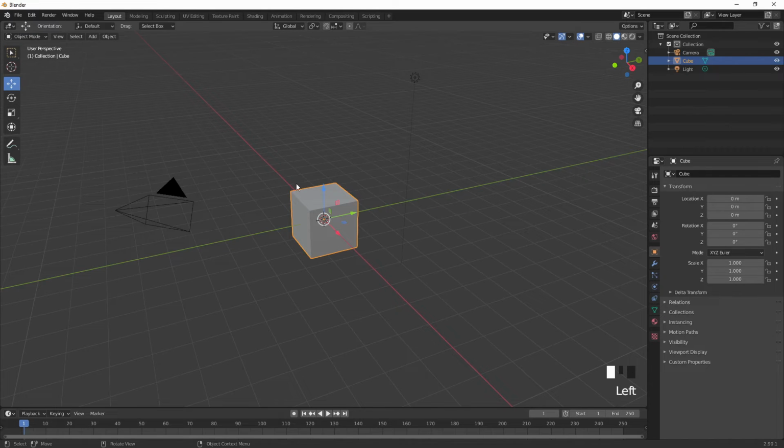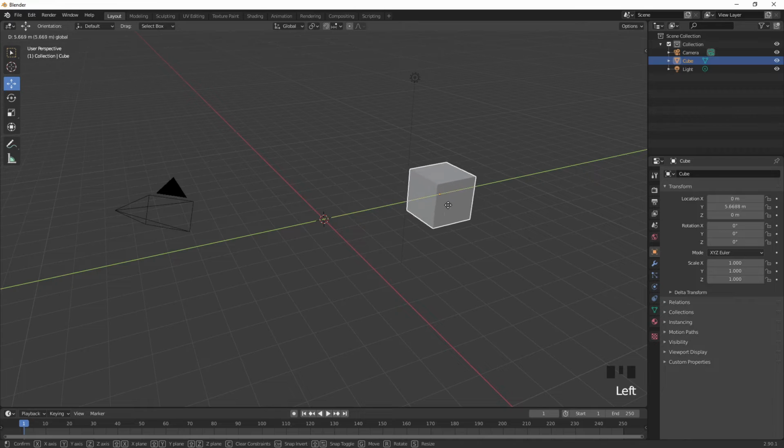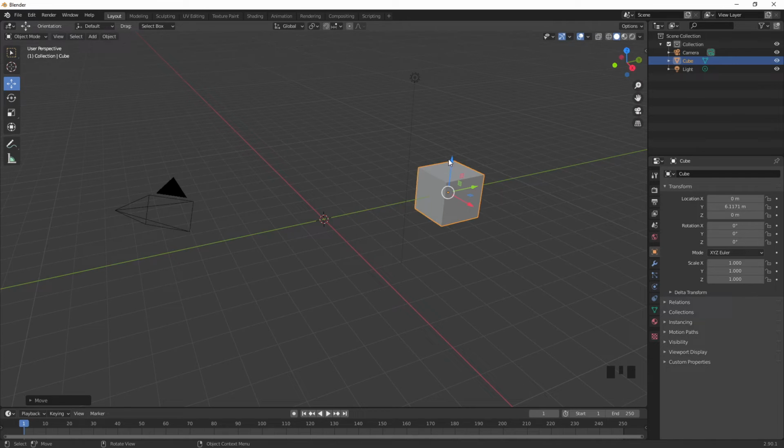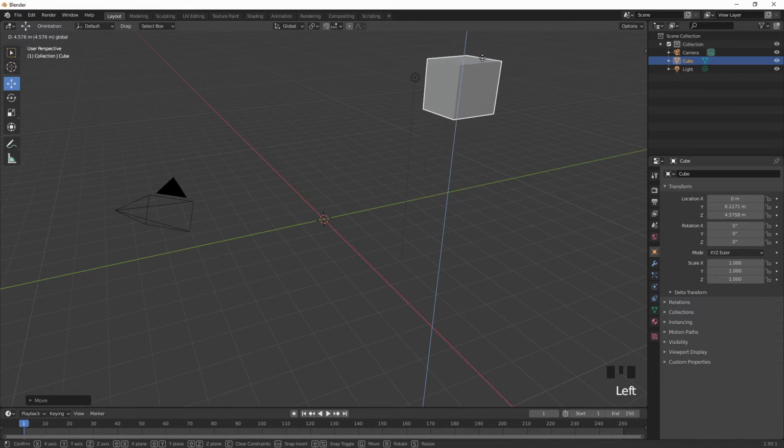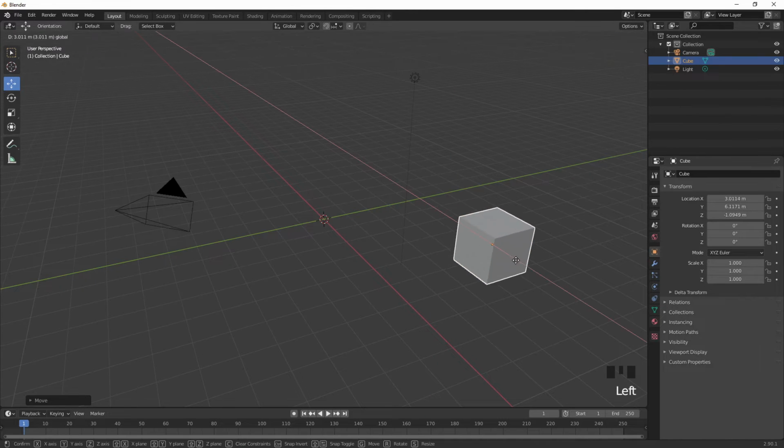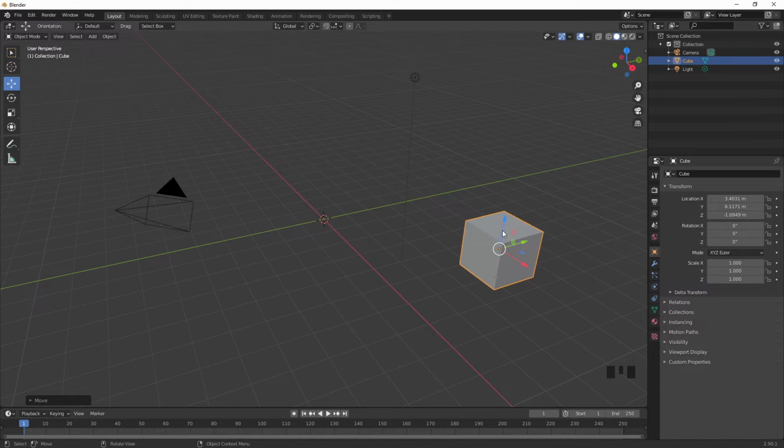So if we hit on the move icon, you can see this gizmo appears. You can see if I click and hold on one of these arrows, I can move the object and it will be constrained to that one particular axis. So at the moment I'm moving on Y. If I click on the blue arrow, I'm constrained to move on Z, and holding on the red arrow, I'm now constrained to X. So that allows you to quite precisely move something around within 3D space without even navigating